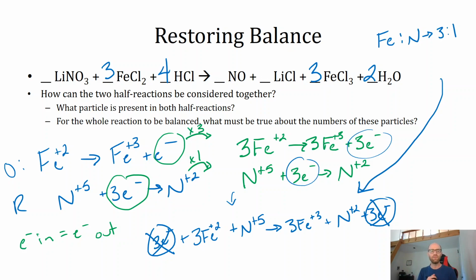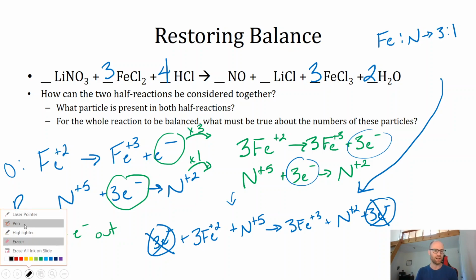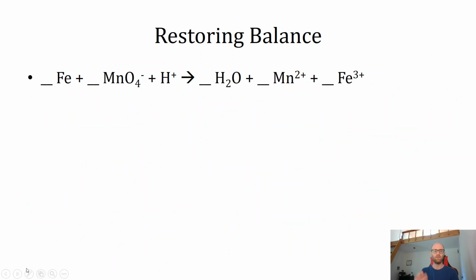Yay! This doesn't really represent too much more work from the previous lesson, but it does give you a nice opportunity to string the whole process together and go from an unbalanced redox reaction, identifying it as redox, turning it into half reactions, multiplying the half reactions, putting it back together, and then finishing the balancing. So I'm going to walk through this one with you